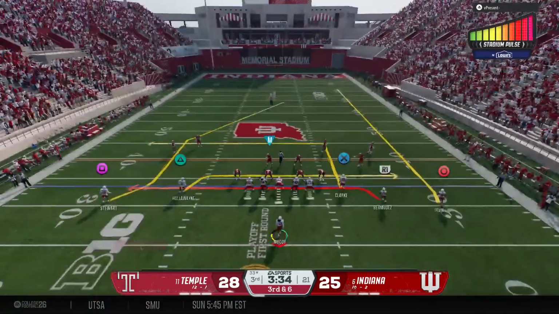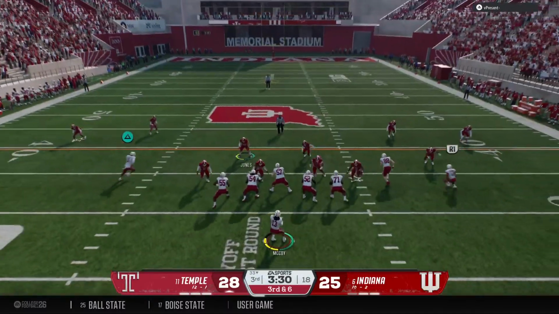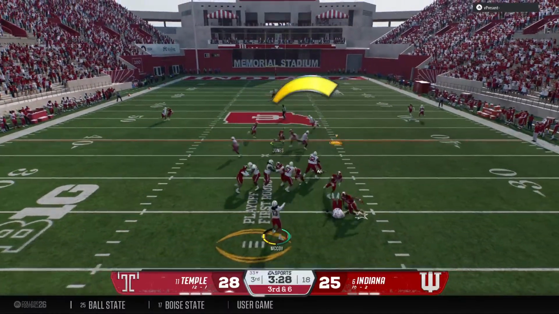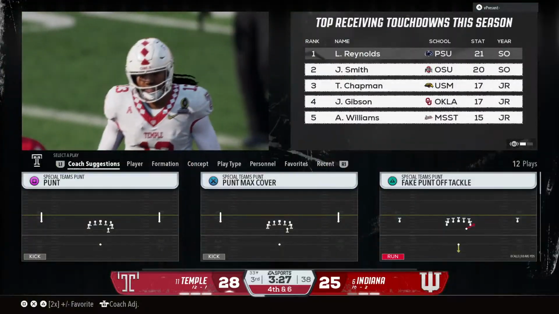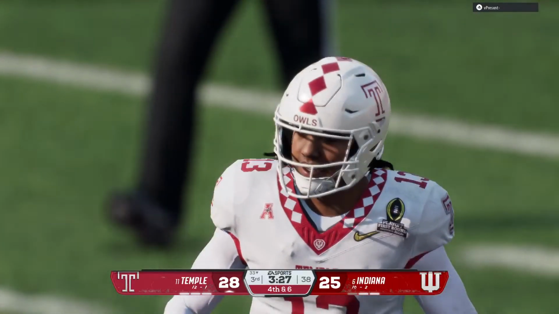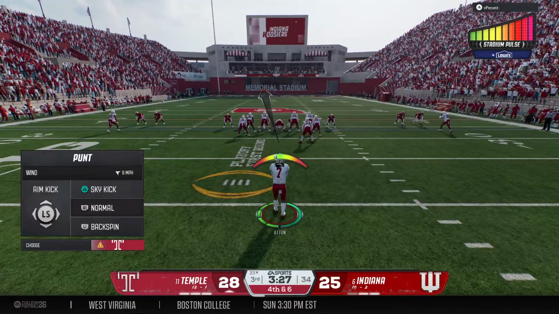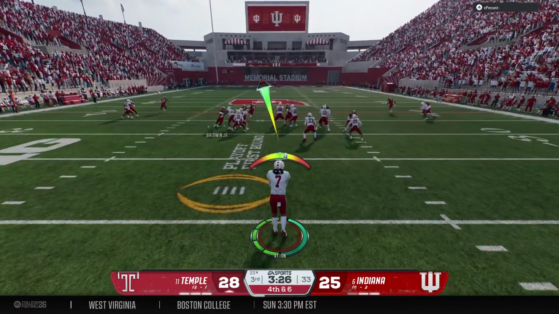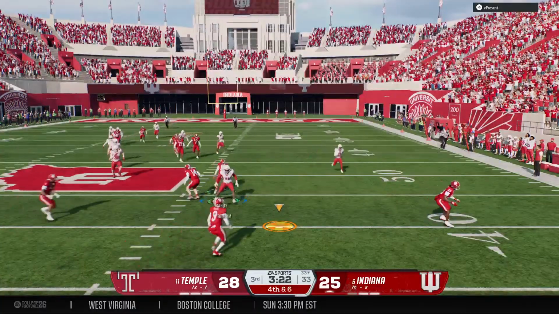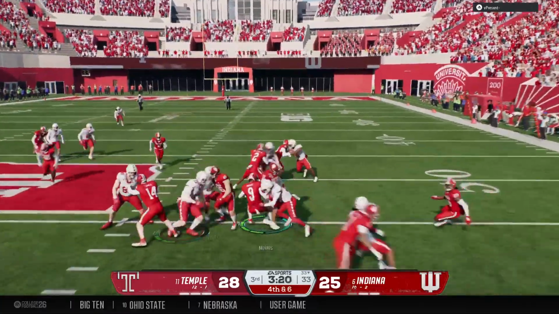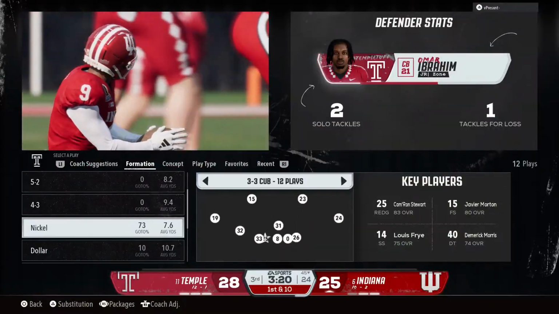3rd down play for this offense. Dropping back, looking to throw for the 1st down. The senior tries to take a shot, but overthrows his man. The Owls will bring their punt team on the field now. And a low line drive, ugly punt. And the returner brought down by the coverage team.